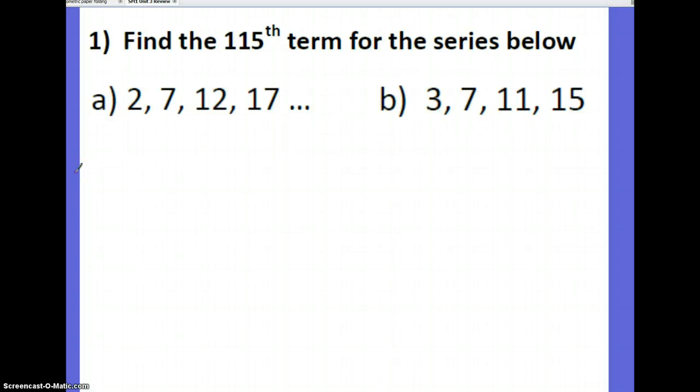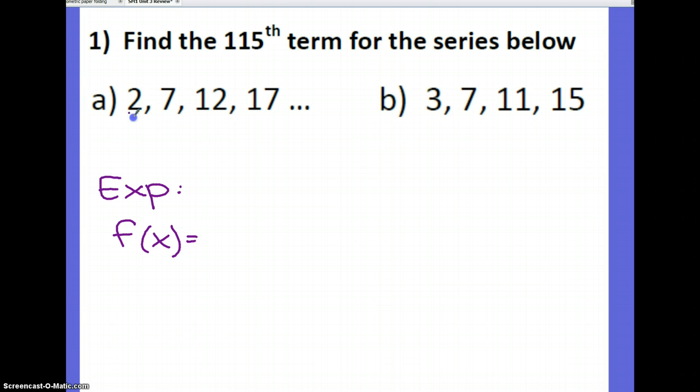This is the review for Unit 3. Number 1 says find the 115th term of the series. It should be sequence below. So if we need to find the 115th term, I'm going to need to write the explicit equation of the